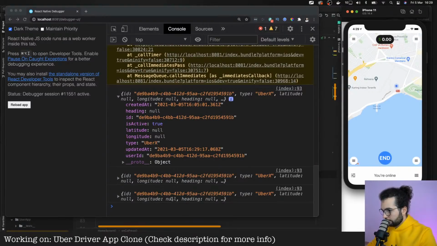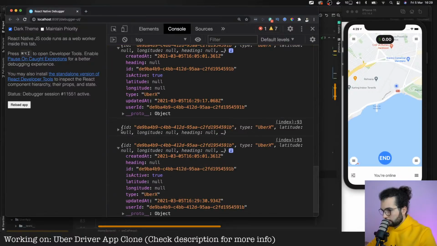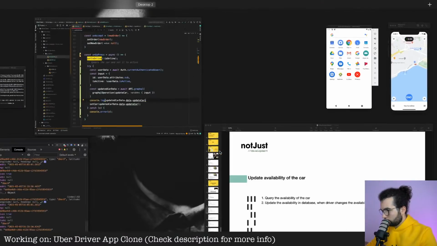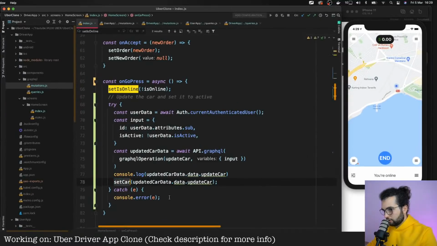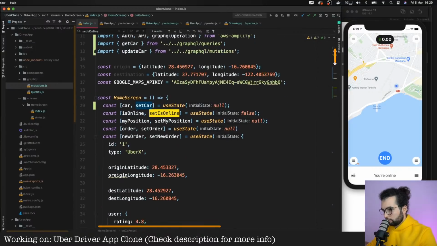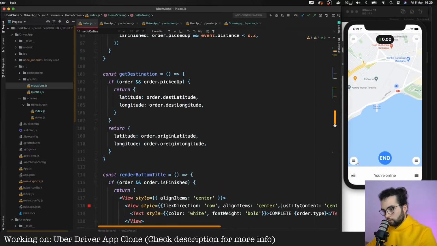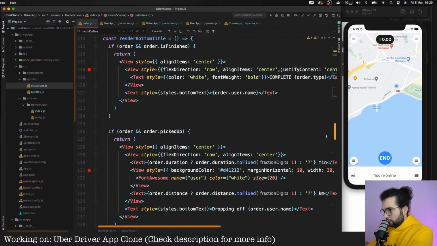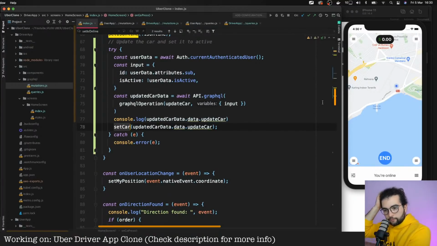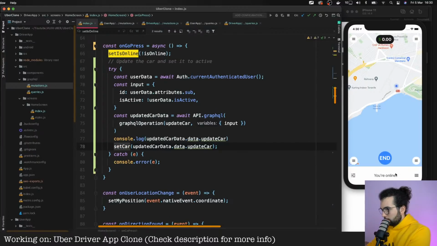And why are you not updating? isActive is true, isActive is true. What we call setCar. What? That's interesting. setCar. You're online. That means it's true.